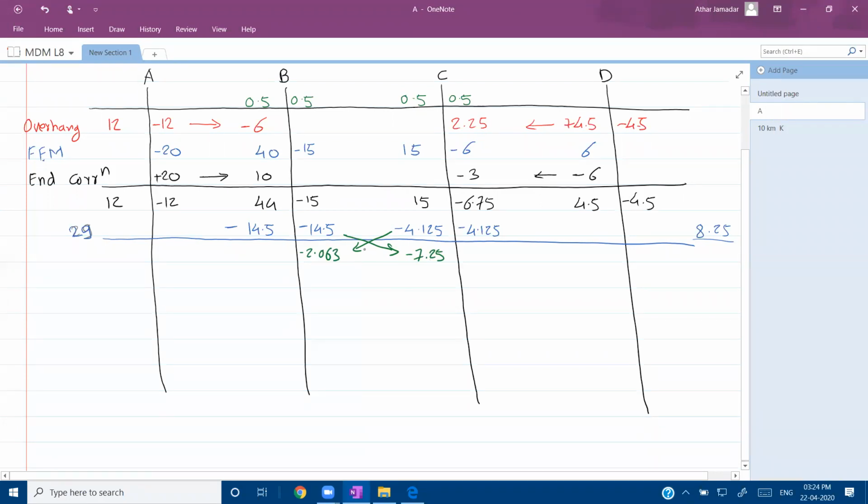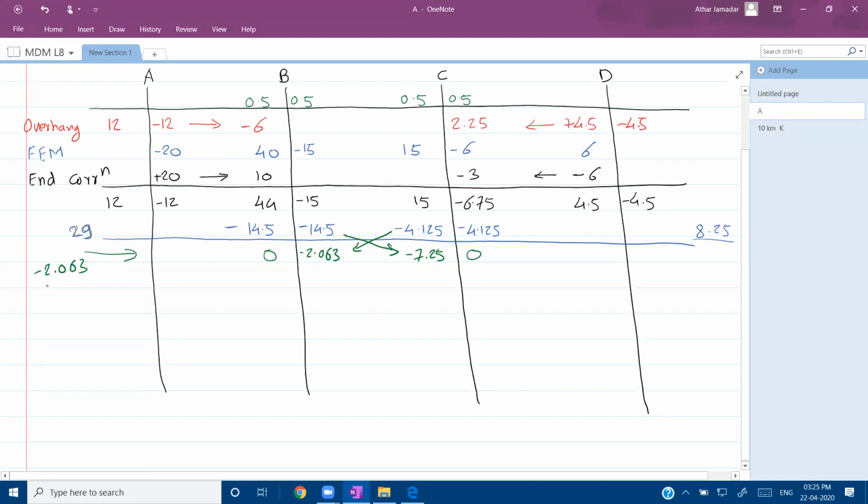Now from here the problem is somewhat different in case of a 3-span continuous beam, or in case of 2 consecutive continuous supports. Now after this, in case of BA we will just write down 0 value. Similarly in case of CD, we will write down 0 value. Now for this step, if you calculate unbalanced moment, at support B the unbalanced moment will be minus 2.063. How does it come? Because 0 minus 2.063, that summation will be minus 2.063.